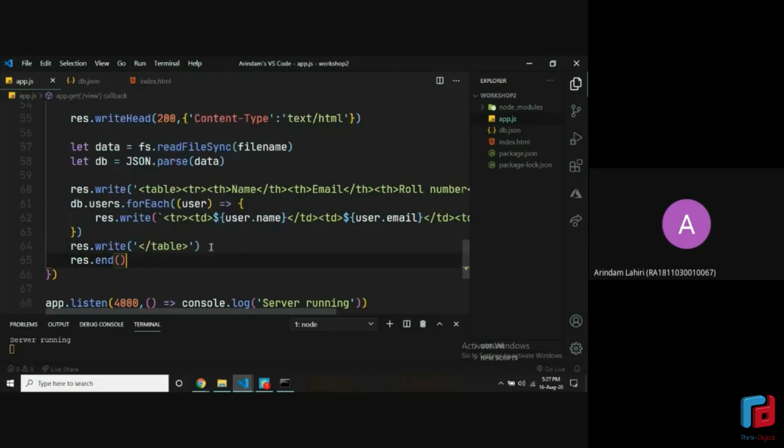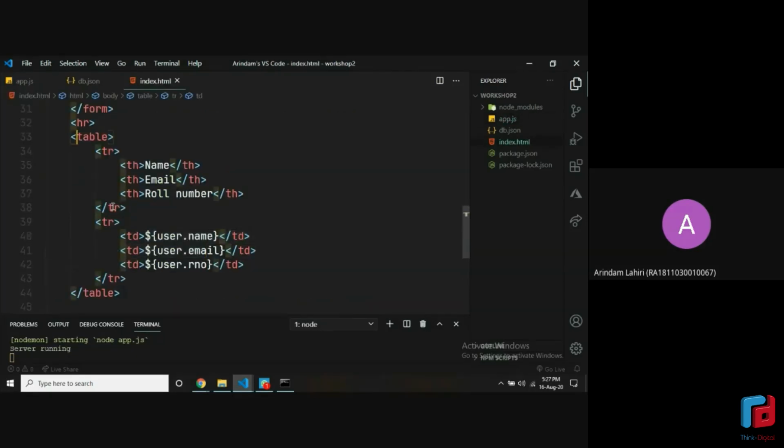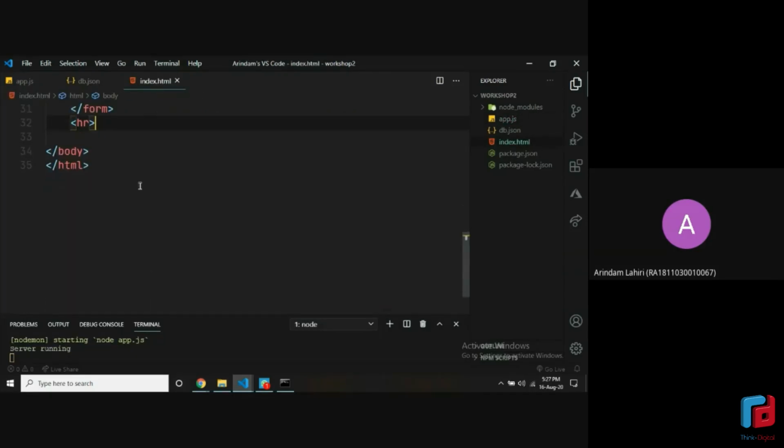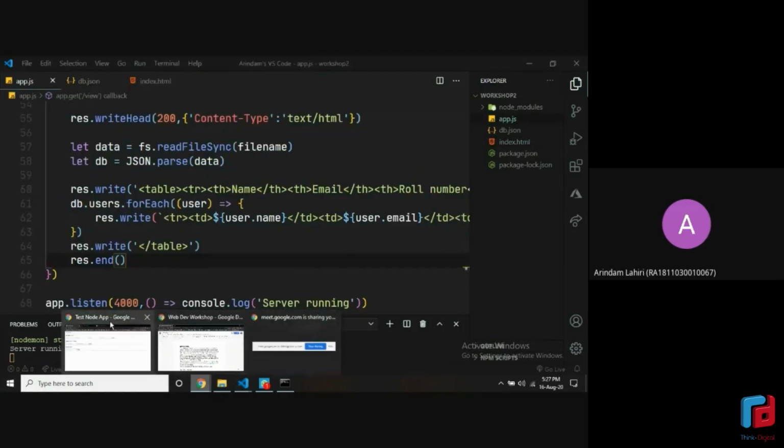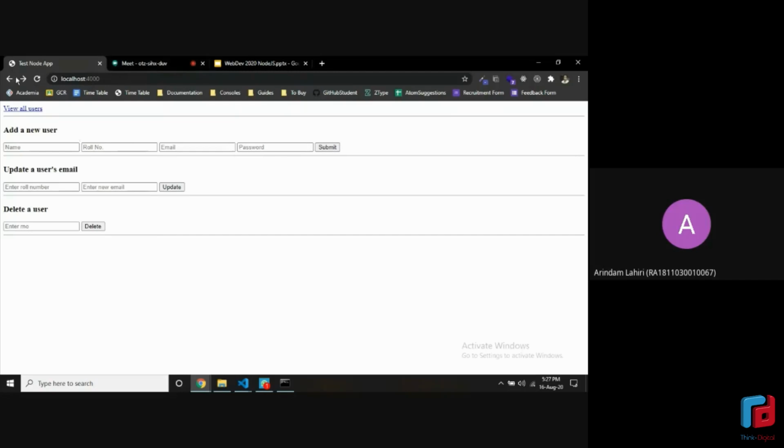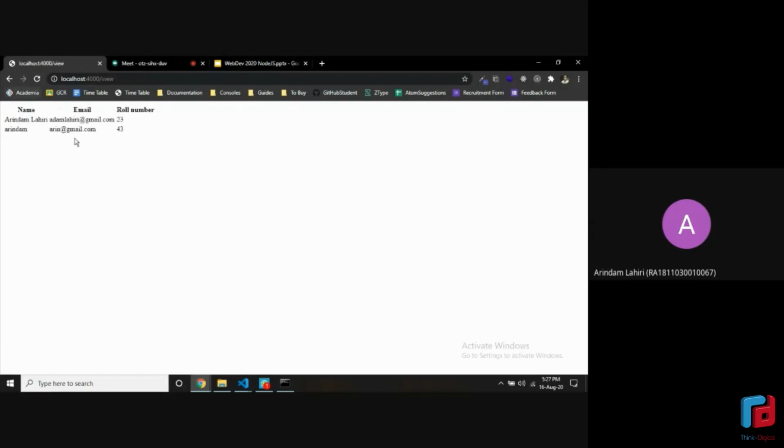And even if this seems complicated, just leave it for now because we don't really need it for our Node.js thing. I just wanted to show the users in a better way. So that's why I'm writing this code. If you don't understand it, just leave it. It doesn't matter that much. Now, if you go to view all users, as you can see, it's getting formatted in a table style. So that was the only purpose of writing it this way.